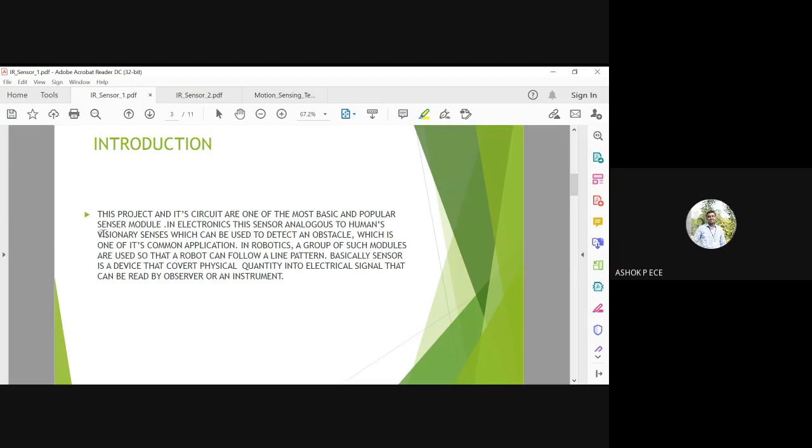So it is going to detect an obstacle, and mainly in robots, when you have robots with artificial intelligence embedded into them, and they are going to travel along a particular path, they should ensure that there are no obstacles in their path. For that purpose, you can use an IR sensor in the robots. You have four sides, right: forward, backward, left, and right. So you can have four IR sensors along the four directions and see if there are any obstacles, and accordingly the robot can move smoothly.